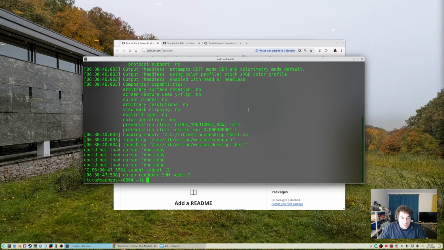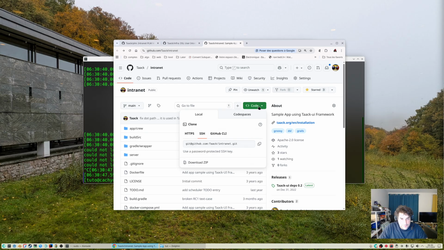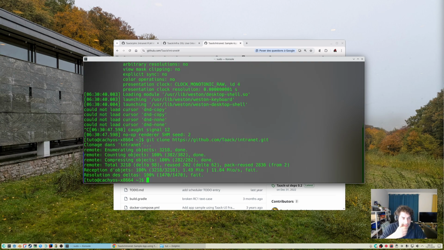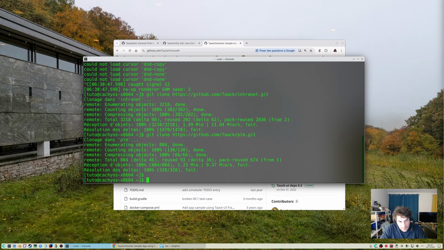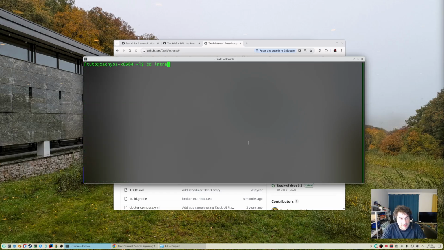Now we can clone the repositories. So first we go into the intranet repository. We copy the HTTPS path and we clone the repository. We also clone the PLM application. And now we go into the intranet.